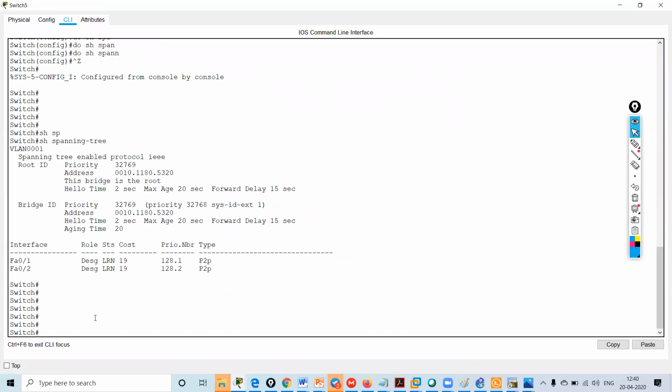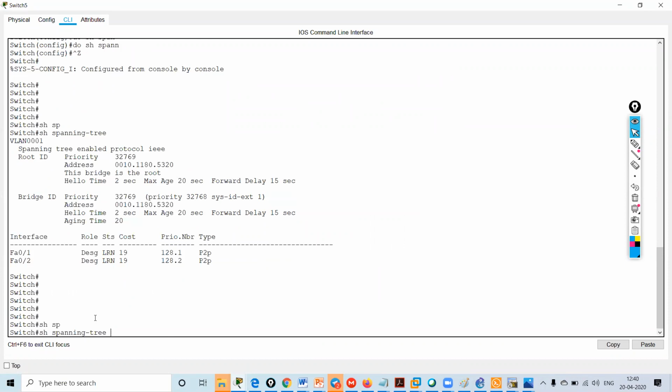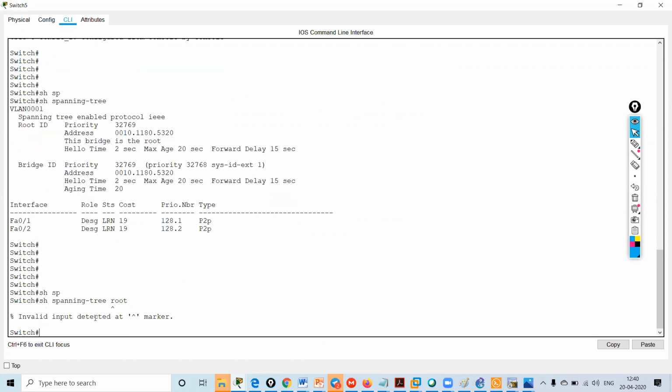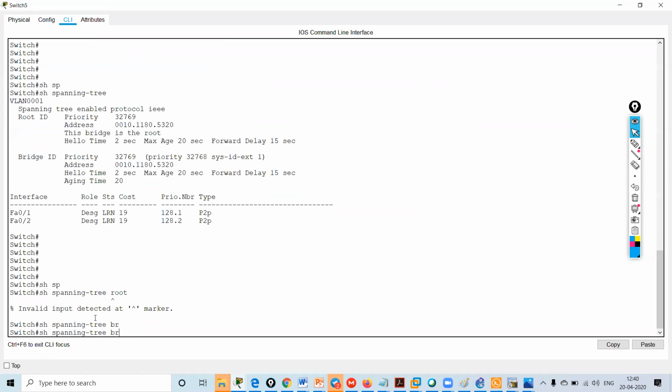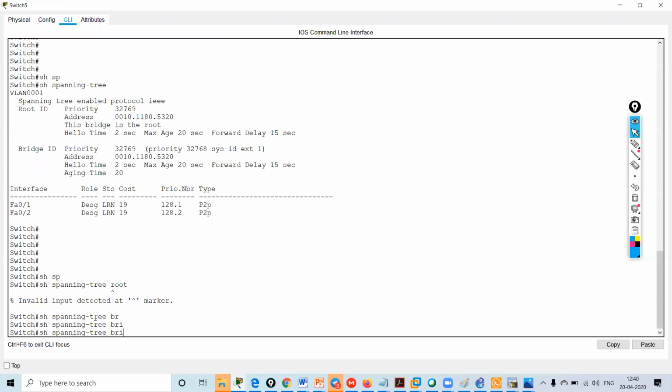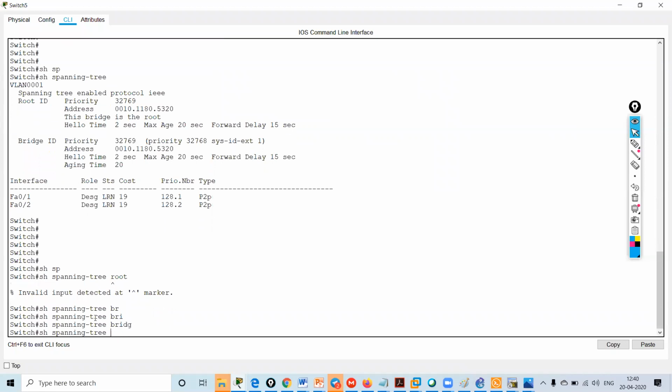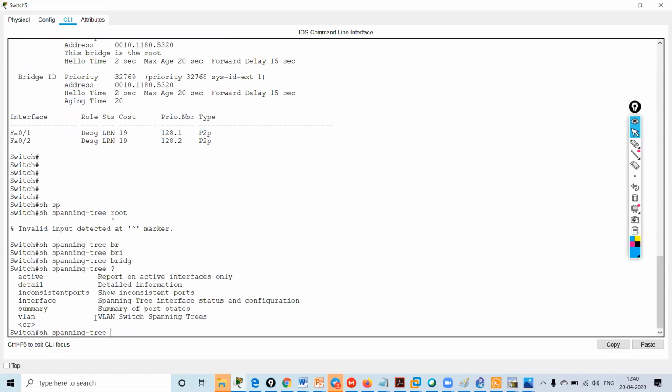What command can I give? Show spanning tree root. Show spanning tree bridge. It is not giving me the command.